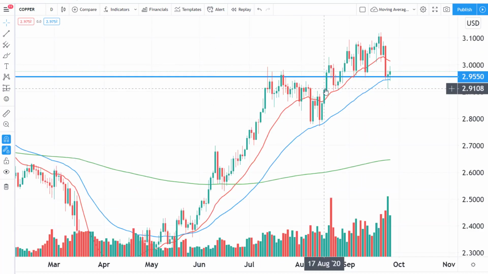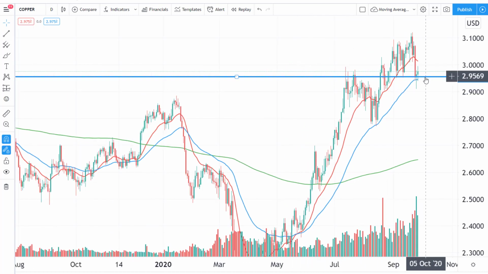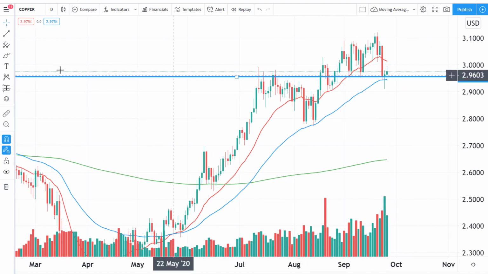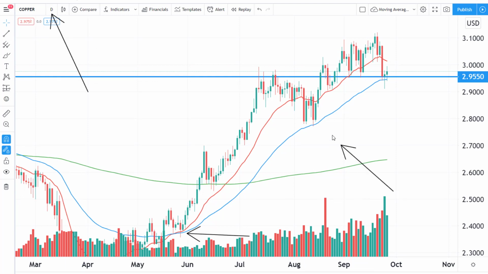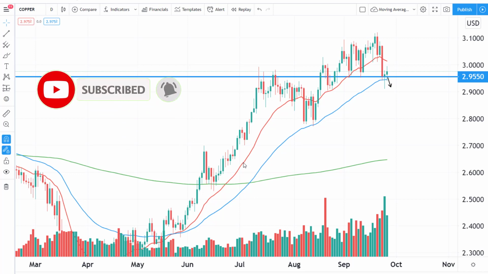What about Dr. Copper, one of our favorite looks at how the market is performing from a recovery standpoint? Well, copper has found support and it bullish hammered on the Thursday close off the 50 exponential moving average. This is the daily chart. So the 50 exponential moving average held it twice. We talked about this in our previous video, and we talked about how this zone is pretty much a very key area. If we break lower for copper, that would probably also mean that the stock markets are moving back down to their lows, and we'd expect copper to not find support until 2.8.